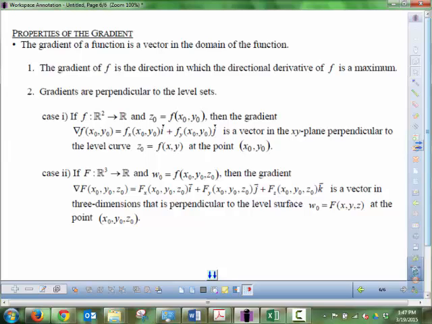So I used to have a field trip there with my Calc 3 class, and we'd go stand on the hill, and I tell them to walk towards the gradient. So they have to walk towards the highest. Anyways,